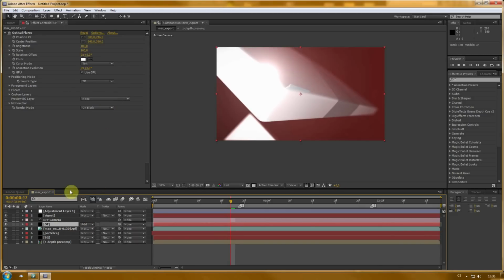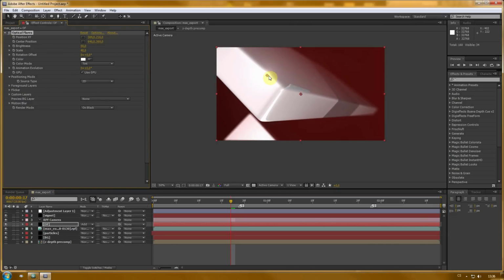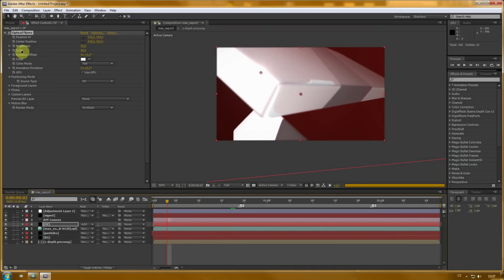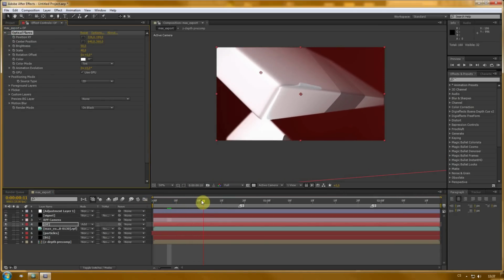It's quite big, so scale it down, set 50, and we would like to move this optical flare on this edge. So let's say we will start at this moment. So move it there